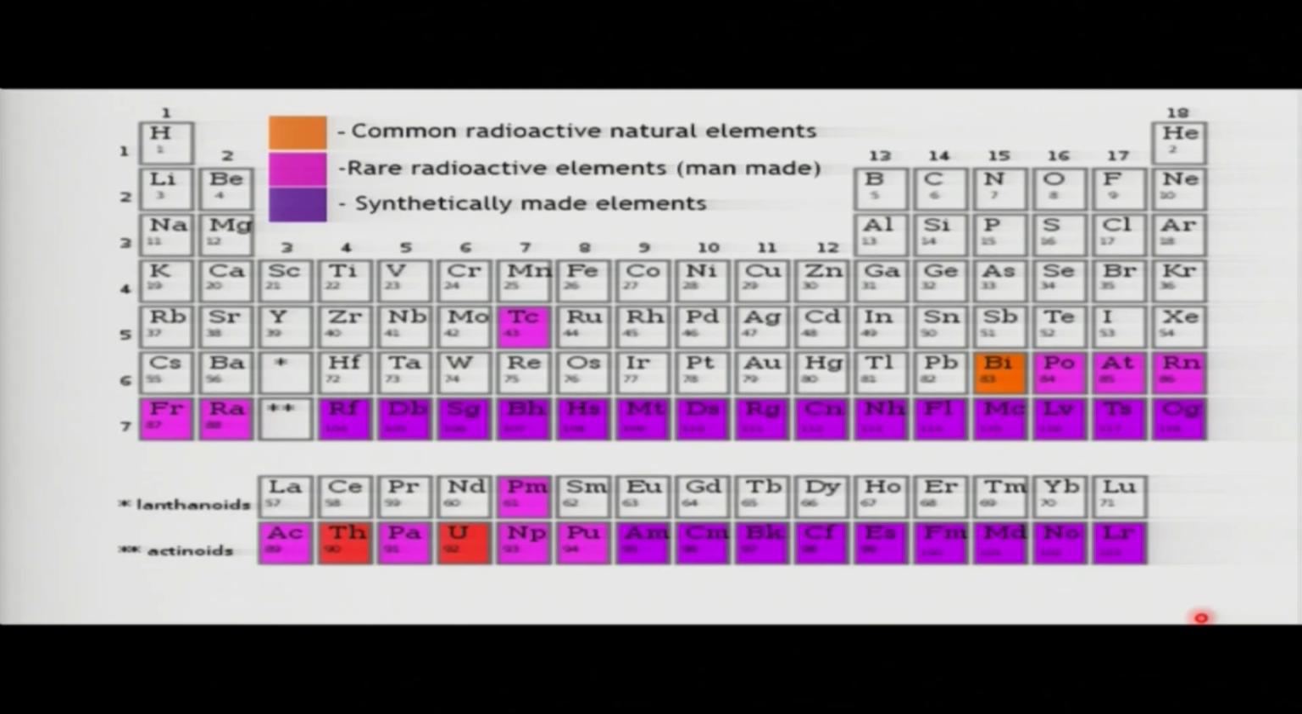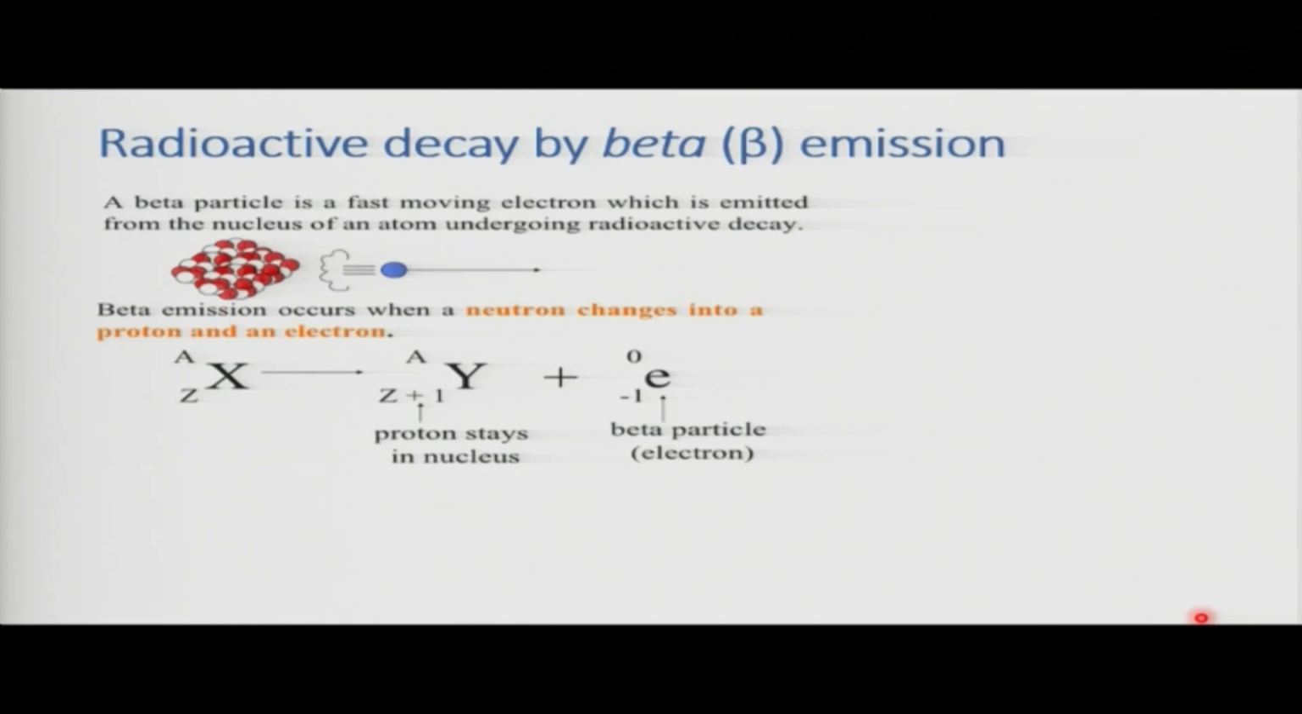Let's quickly look at the beta emission. Beta emission, since it emits an electron, we only expect the change on the proton. The proton will stay inside the nucleus,